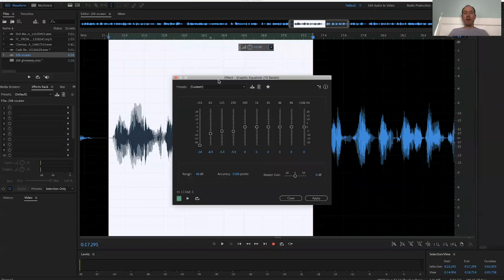Okay? 10 bands is just going to give you these options right here to either boost or to take away. Obviously, if you get into 20 bands and 30 bands, you're getting to smaller bands that you can affect. But I want a big effect on this. I want to affect this a whole bunch. So what we're going to do here to create that telephone type of effect is we're going to get rid